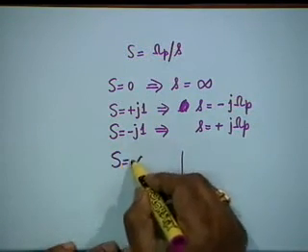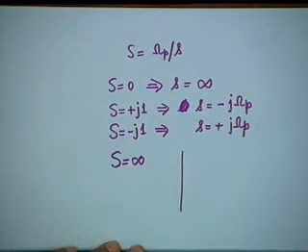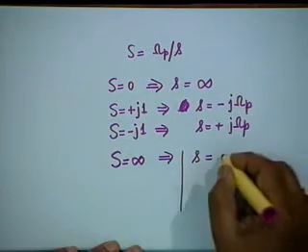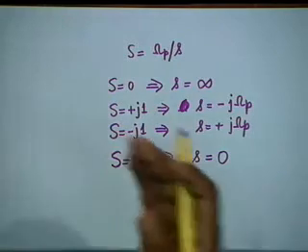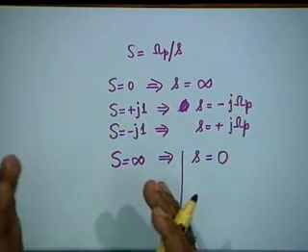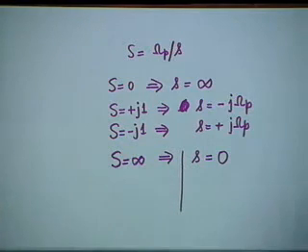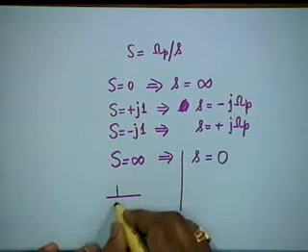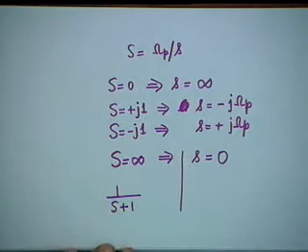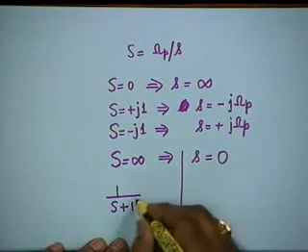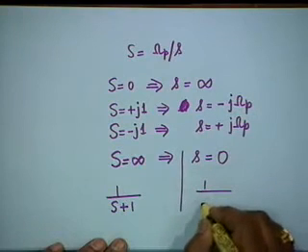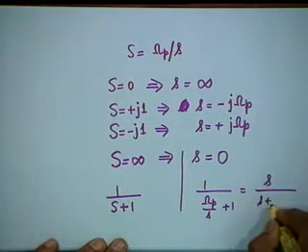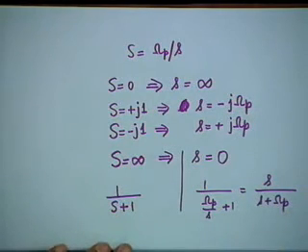Capital S equal to infinity, where the low pass filter has 0 characteristic, 0 magnitude, corresponds to small s equal to 0. And therefore, we have simply flipped over, omega p is our pivot, and we have flipped over the characteristic. For example, if I have a normalized first order low pass filter 1 by capital S plus 1, then replacing capital S by omega p by S plus 1 gives me S divided by S plus omega p, which is obviously a high pass filter.